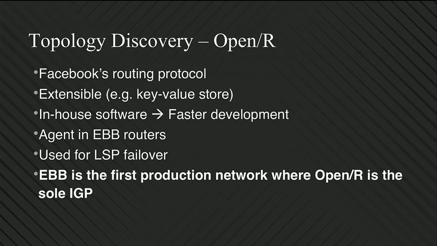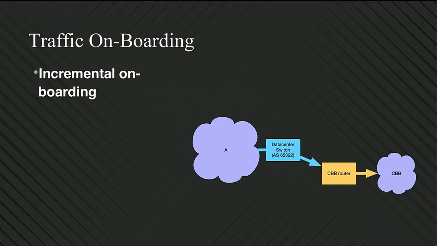In fact, EBB is the first production network where OpenR is the sole IGP. Now that we have a network with routing running, we want to onboard some traffic. The amount of traffic that needs to be onboarded into EBB is huge, and it cannot be done abruptly. So in order to minimize potential disruption to services, we need an incremental mechanism, and that is done through BGP